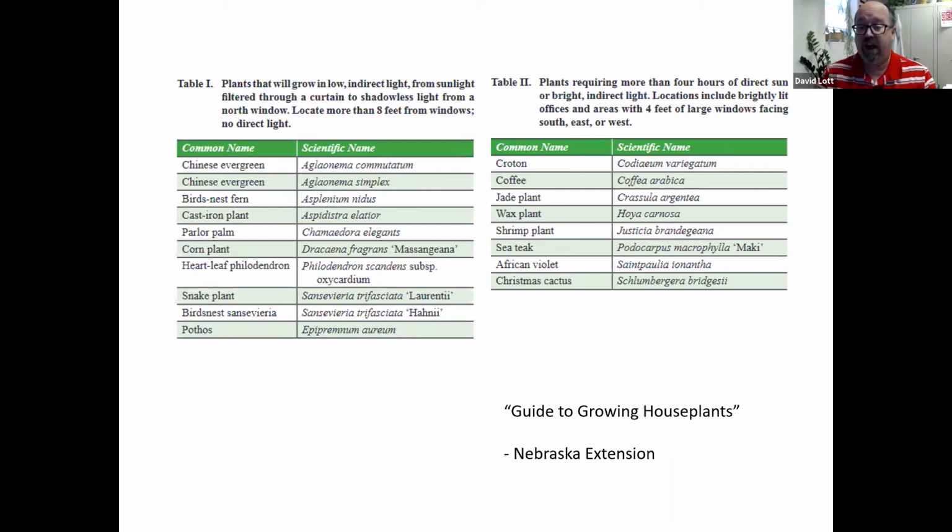So those like bright, indirect sun. And so in my case, I pull mine out of the office, and then they go under the front porch where I have a nice deep front porch. They get lots of bright light, but it's not direct. And that's when they really take off and look great and are happy. And then I bring them back into my office and I have to bring the supplemental light in. So those are some tables for you to look at. Next slide.